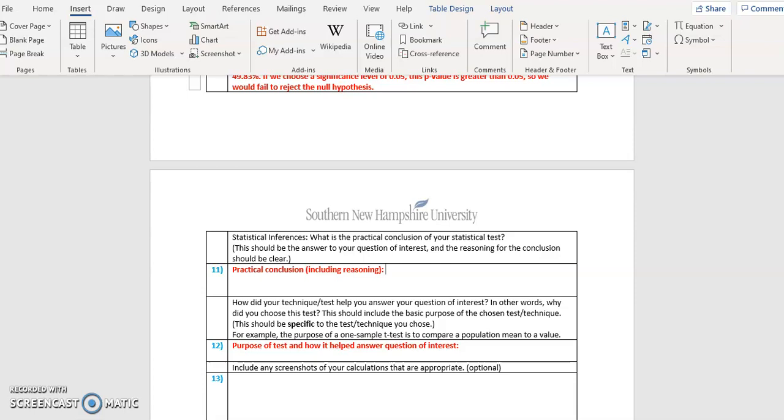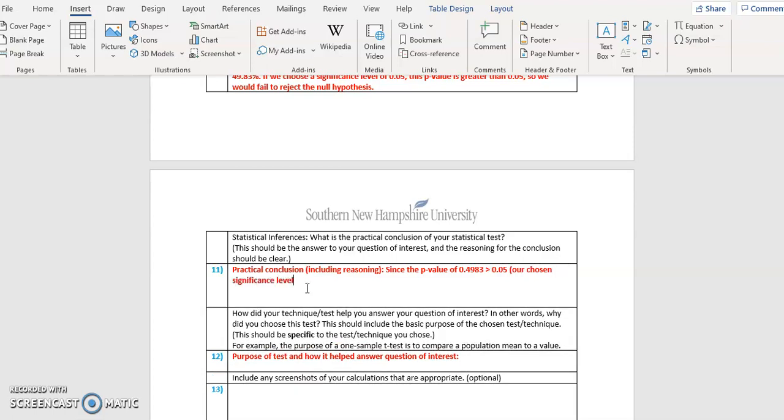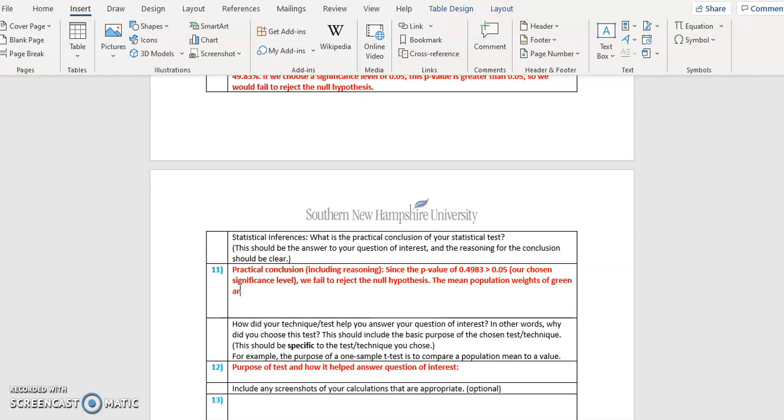So basically, I'm going to say, since the p-value of 0.4983 is greater than 0.05, our chosen significance level, we failed to reject the null hypothesis. In other words, the mean population weights of green and red M&Ms